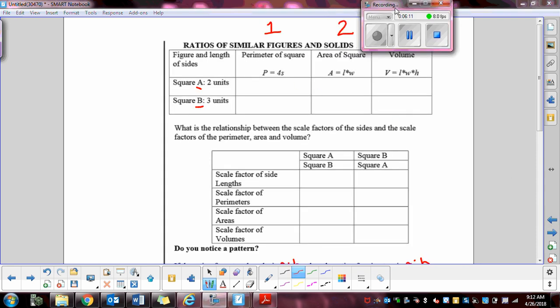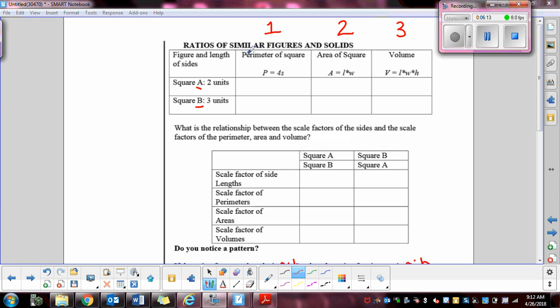Okay, so these are the 3 dimensions. If we have perimeter or length, this is going to be the first dimension. Area is the only thing in the second, and then volume is the third dimension. So if we have a square that has side lengths of 2 units, to find the perimeter